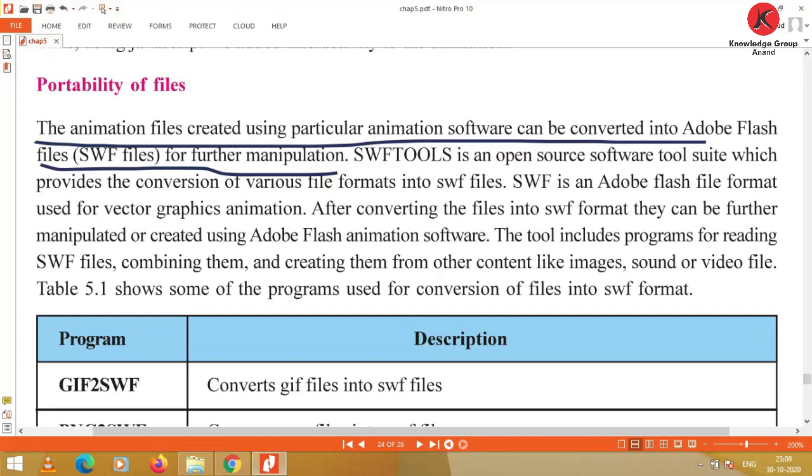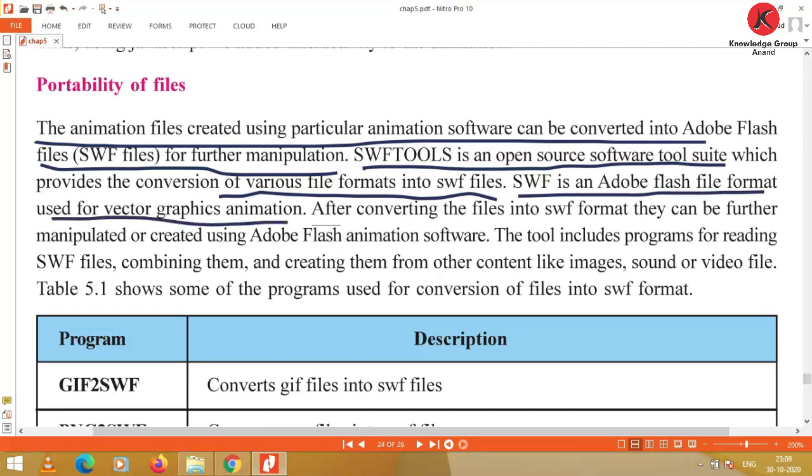SWF Tools is an open source software tools suite which provides the conversion of various file formats into SWF files. SWF is an Adobe Flash file format used for vector graphics animation. After converting the files into SWF format, they can be further manipulated or created using Adobe Flash animation software.